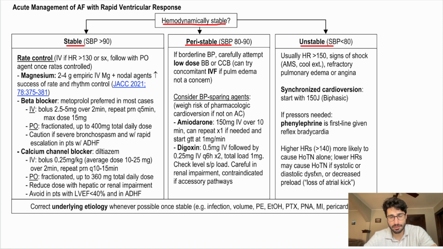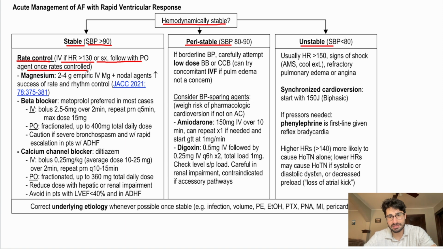Stable patients have a systolic blood pressure above 90. In these patients, the primary goal is rate control, especially if the heart rate is greater than 130 beats per minute or the patient is symptomatic. Initial therapy often starts with intravenous medications with transition to oral agents once the heart rate is controlled in these